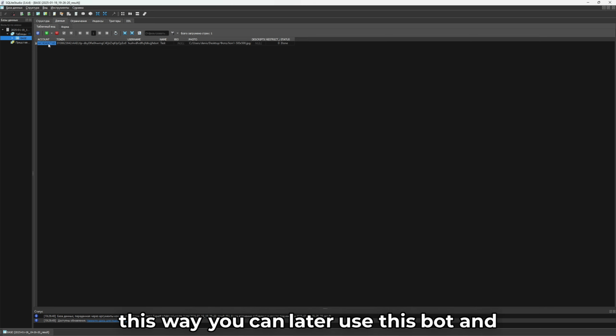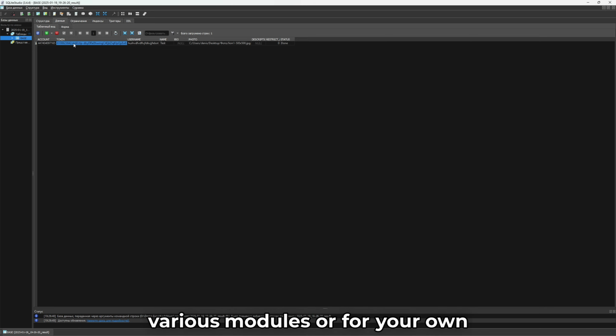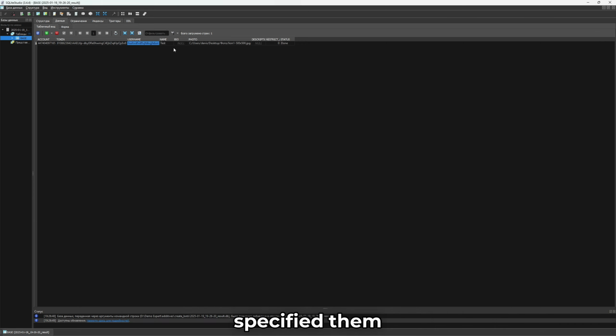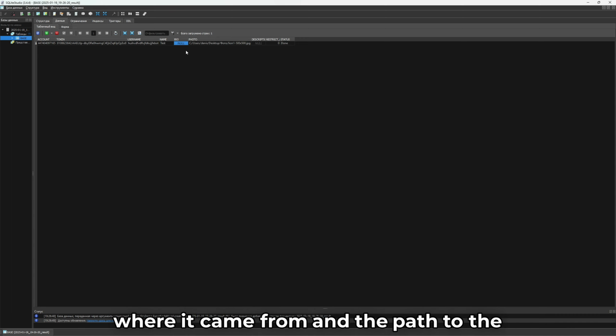This way, you can later use this bot in various modules for your own purposes. The bot's username, name, and bio are also recorded if we specified them. It also logged the photo, where it came from, and the path to the photo.